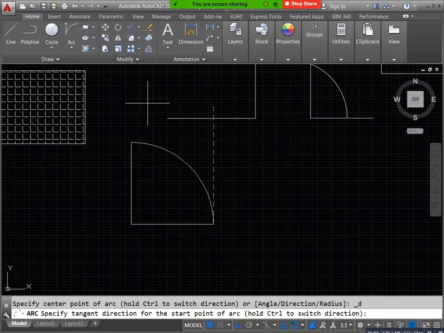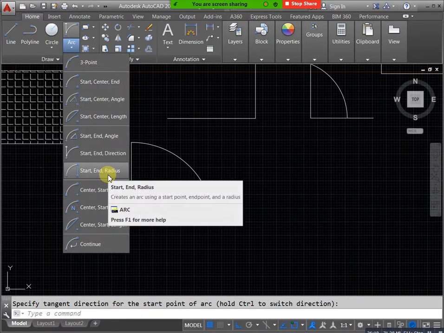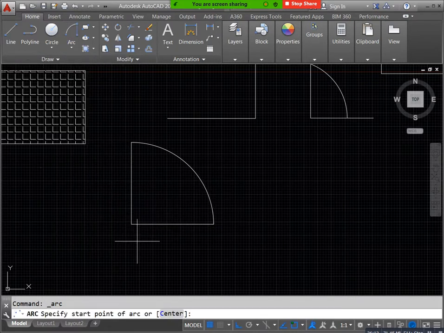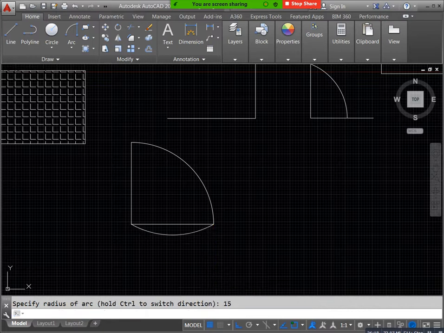This is start and this is end, and you will get 45 degrees, 60 degrees slopes now. If you need 45 degree slope, you can get 45 degree slope. In case you need 60 degree slope, you will get again 60, that is 60 degree. You can see this type of slope you can get from here, start and angle.